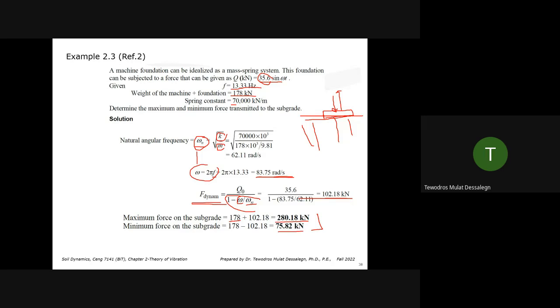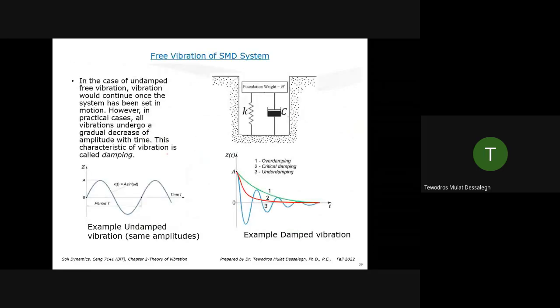So we'll come back again and again to this. When we discuss resonance, we'll go into more detail. This is just the first phase, trying to make you understand the concept. The other concept is